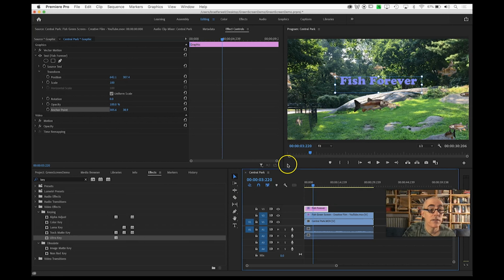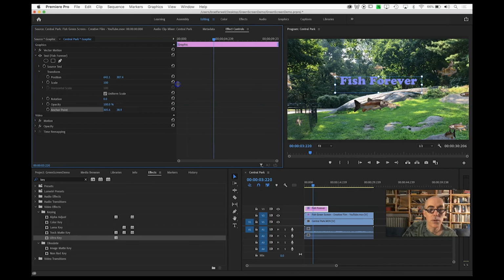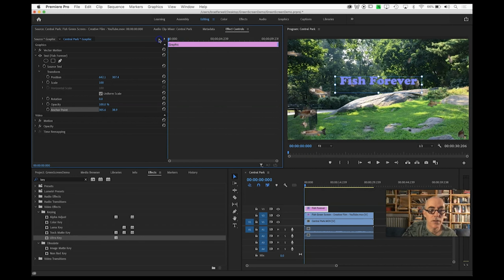So what I'd like to do is animate it a little bit. So again, with that selected, coming back here to the effect controls, I'm going to go to this text, and it has some variables just like everything else. It has position, scale, and opacity. Over here on the right side, and you can drag this, if you are careful, bigger or smaller. This is sort of a miniature timeline of that entire clip. I'm going to drag it back to the beginning,